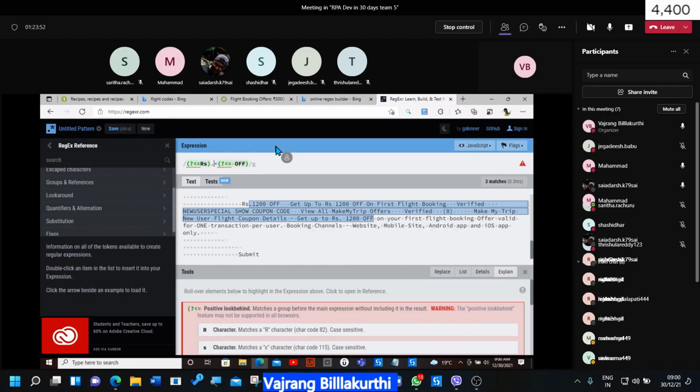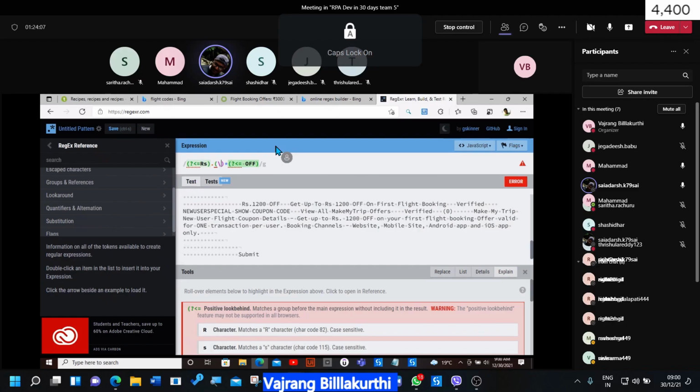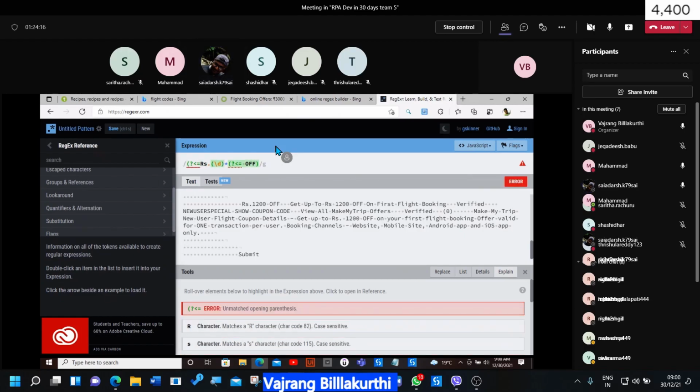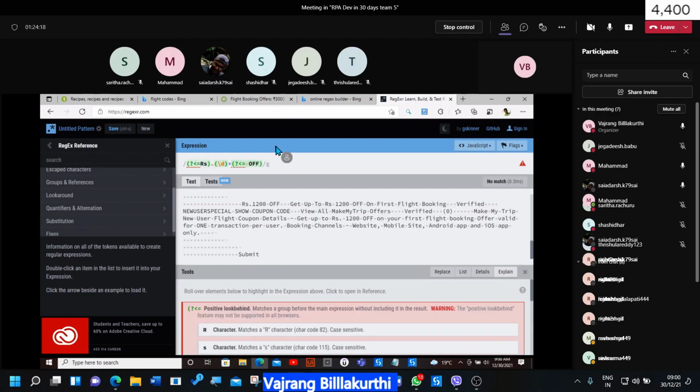Can we just add backslash t? Small d. Right. Is there caps on for your machine? Yeah. Okay. Fine. So again, working with regex, for me it's a tougher task.